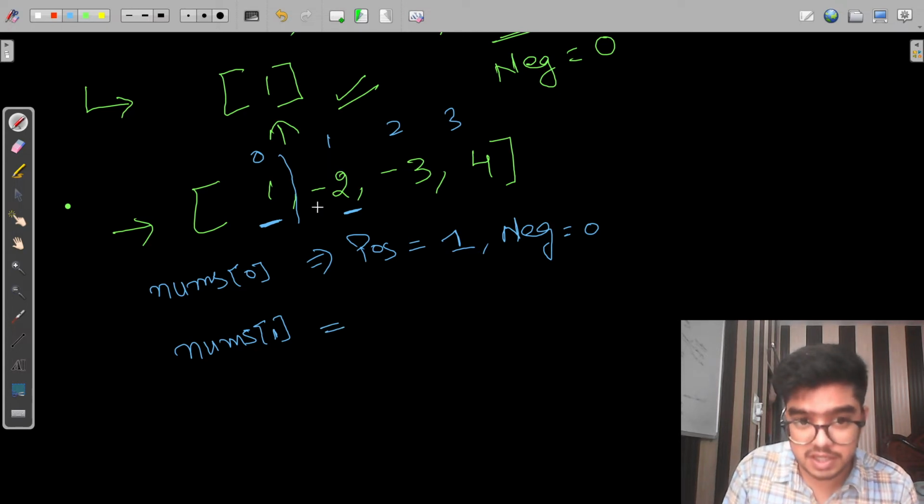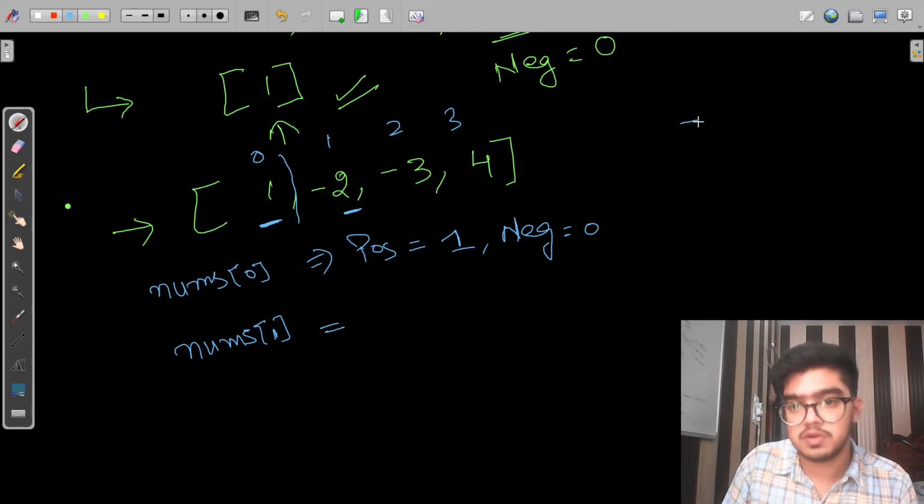Now we check this: minus 2 is less than 0. It means it is a negative value.